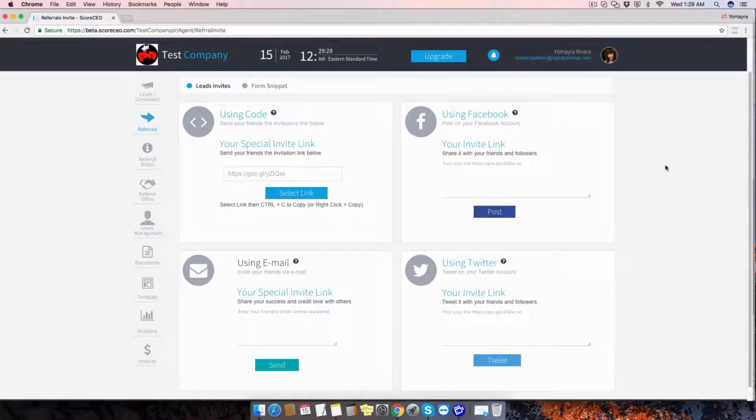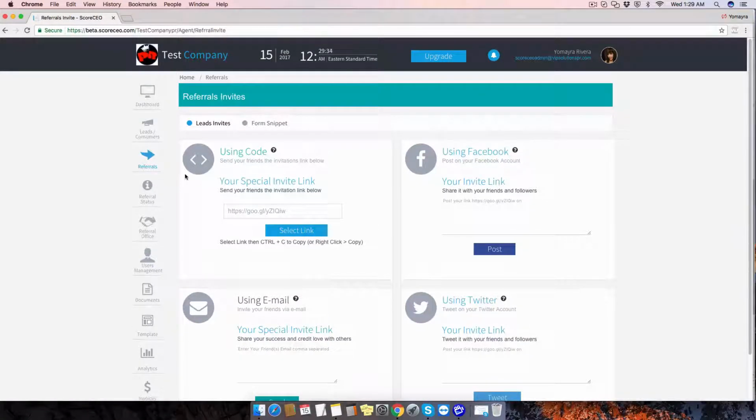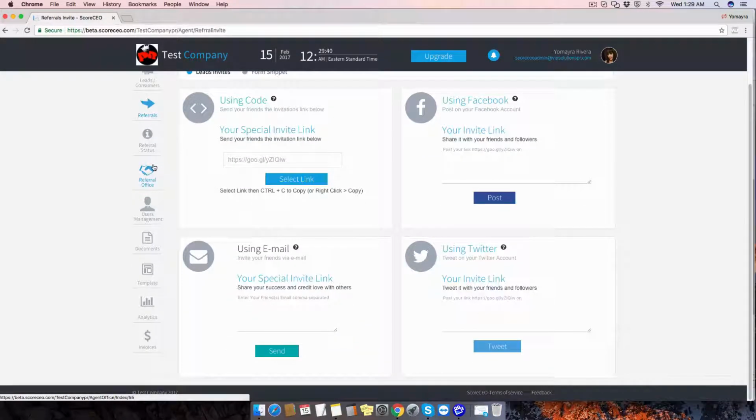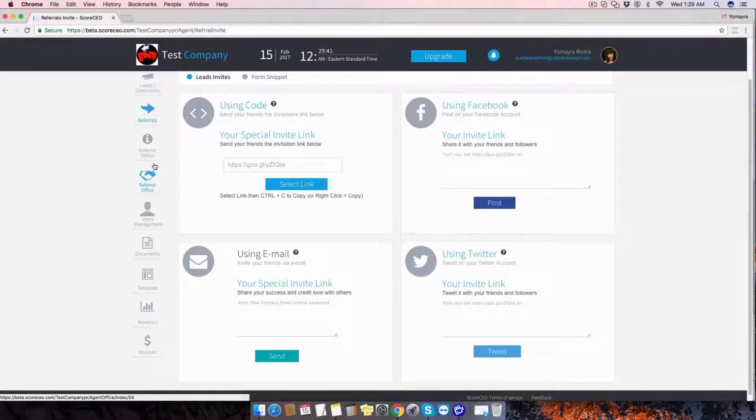An overview of the referral section, specifically the lead invites. You can access the referral section by going to your left navigational menu and clicking on the third tab called Referrals. We have in here 4 different lead invites. So for example, if you have a Facebook page for your web page,